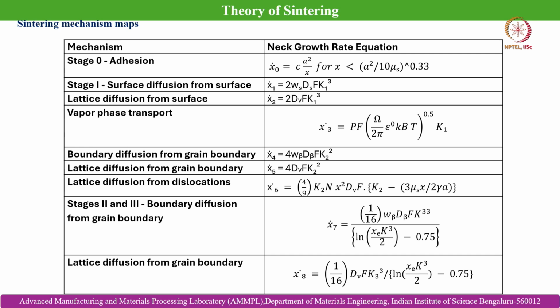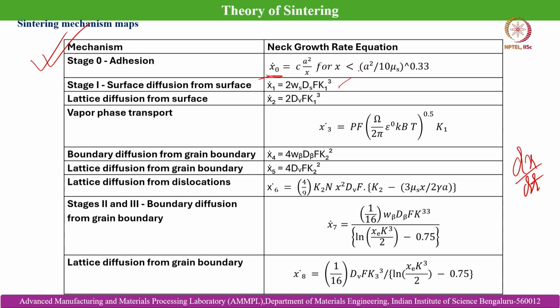So, this table gives a summary of the mechanisms like stage 0 adhesion. In that case, the neck growth rate equation can be expressed like this, that is x dot 0 is equal to C A by A square by x. So, here we are all talking about the neck growth rate, that means dx by dt, which is identified by, so for stage 0 the subscript 0 denotes that it is the initial stage or stage 0. Stage 1, so subscript 1 is denoting the stage 1, that is the stage 1 neck growth, and